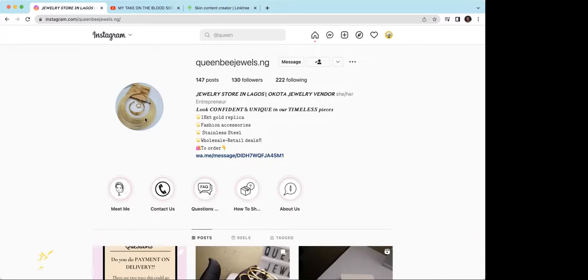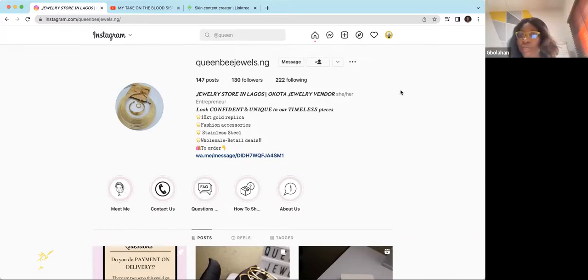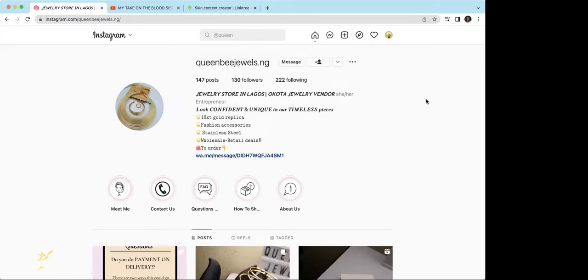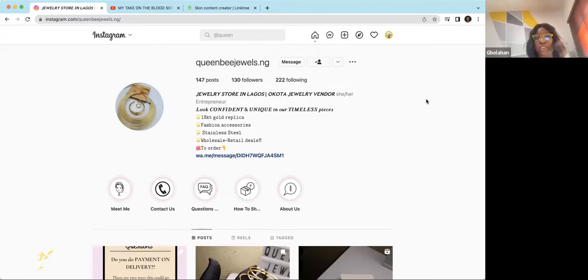Okay, so who did the fascinator thing? Bime, you see that her jewelries are showing on her profile picture. This is what I was talking about, right? Now, if I'm looking for jewelries and I check for jewelry store in Lagos, her page pops up and I see this kind of jewelry and it's attractive to me. It draws me in to check her feed. Do you understand? But if I'm seeing your logo, it might not draw me in as fast as her jewelry will.